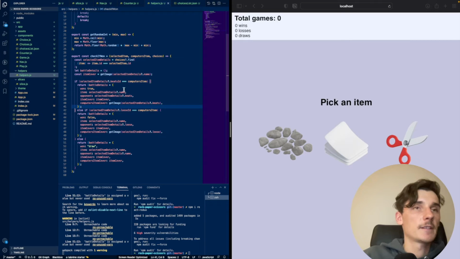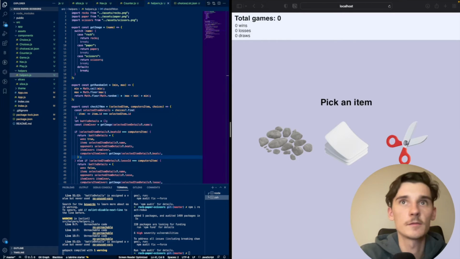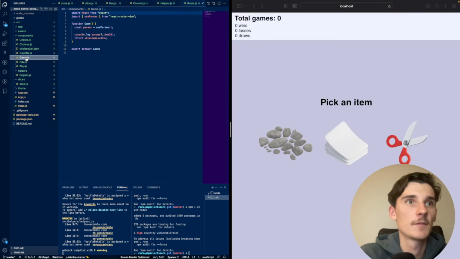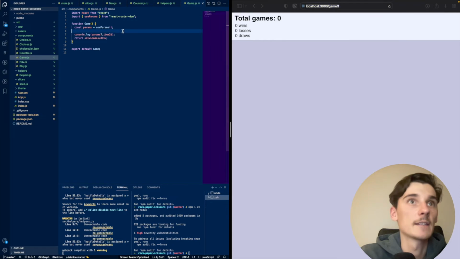And we have three returns in our functions, and these two functions required in the game are created, so we are going to finish the game part. Let's go to the game component and finish this application. So I have declared the params, so I'm taking the ID from the URL. For example, there will be the ID of my item, rocks have the ID 1, so it's working, console log is working, and I have to make